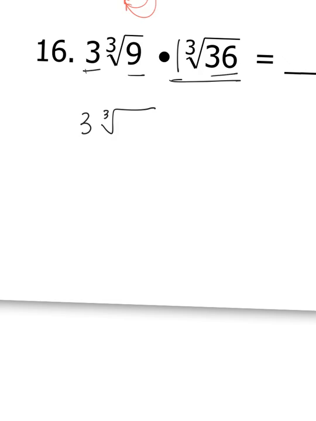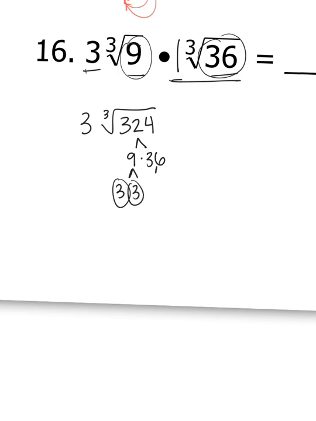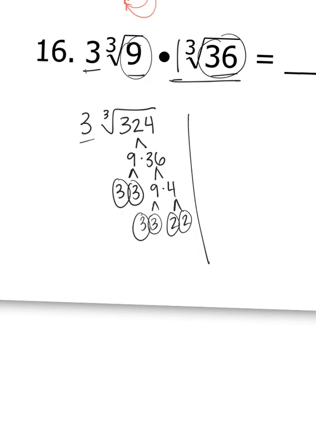9 times 36 is 324. I know it sounds like a big number, but it's not a big deal because we already know 2 numbers that multiply to it. We just used them, 9 times 36. If I break this down further, I have 3 times 3, and 36 can be written as 9 times 4. 4 is 2 times 2 in disguise, and 9 is 3 times 3 in disguise. All right, so that really means I've got a 3 out front, and then I've got the cubed root of four 3s